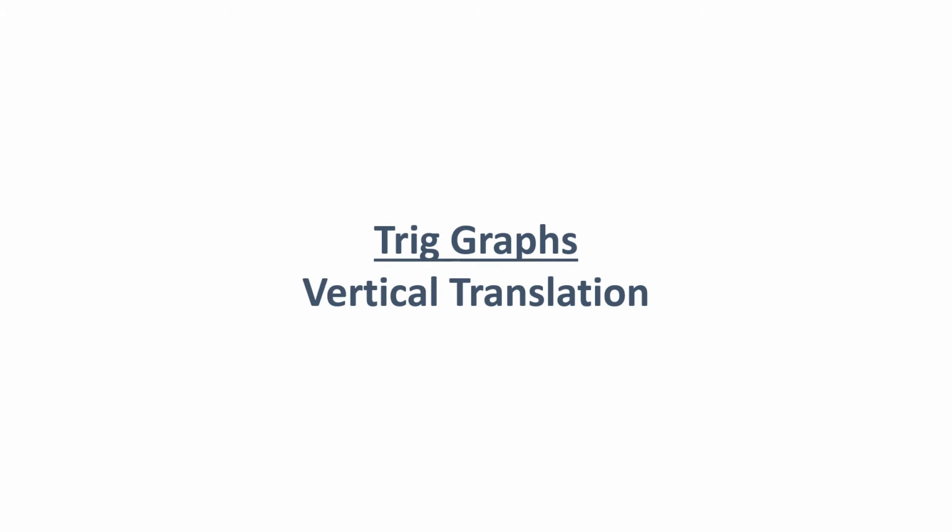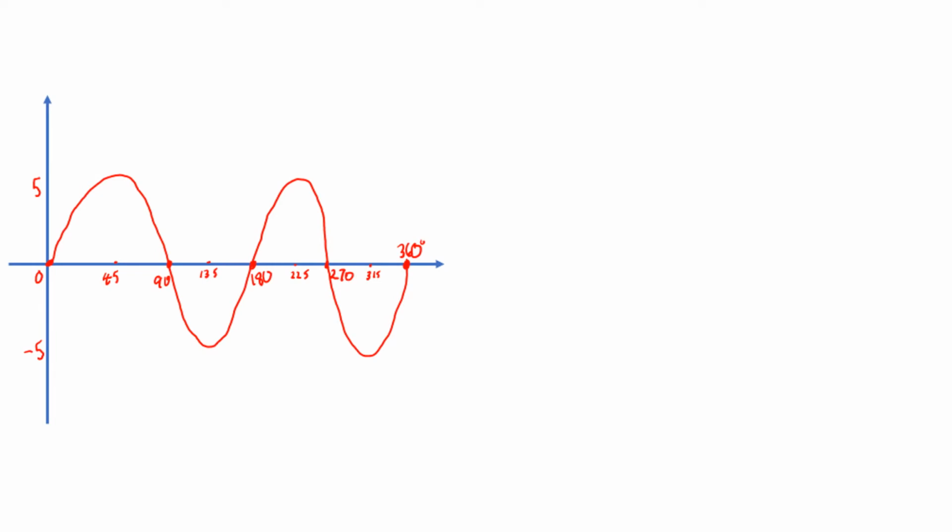In this video, we're going to have a look at trig graphs and what happens when we've got a vertical translation. Okay, what I'd like you to do is to copy down this graph into your jotter. Okay, hopefully you can see that this is a graph of y equals